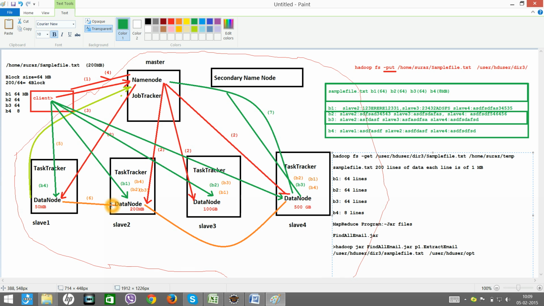So due to this, what will happen? This client will again start interacting with your Hadoop cluster. But this time it will not contact the name node, because it is none of the name node's business. The name node is only for storing the data, and it helps you get the data, copy the data, and delete the data. But when you try to submit your job, when you submit your program for processing, that request will be taken by your job tracker. Okay, that request will be taken by your job tracker. So I will just save this.